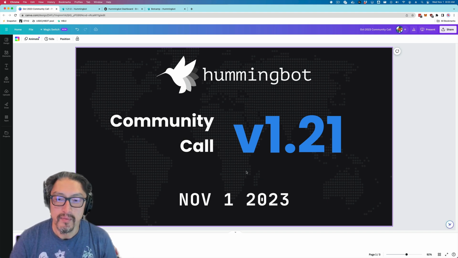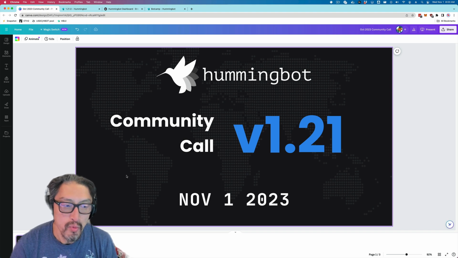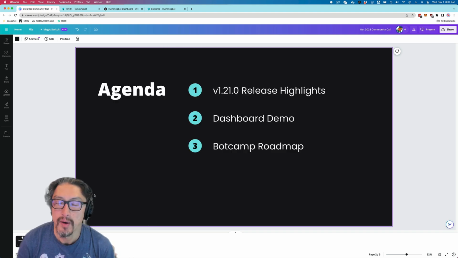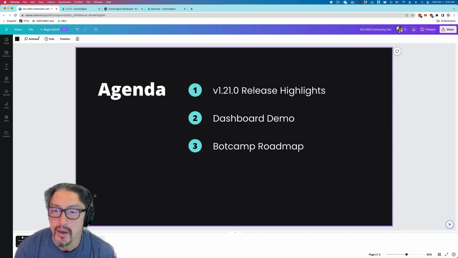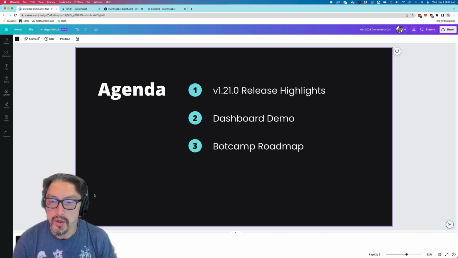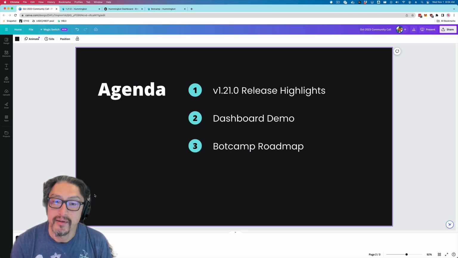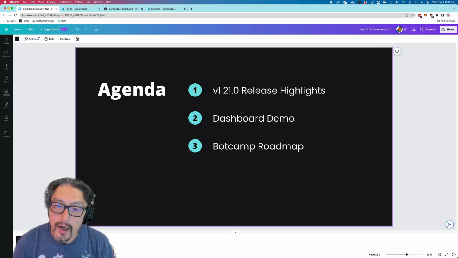We recap the latest features in version 1.21. So the agenda for this month, we'll go over the release highlights, talk about what's new in this release. Because we've been working on Dashboard, which is a new application layer for Hummingbot and allows you to run these new V2 strategies, I thought I would take some time and instead of just telling you about the new features, demo some of the new authentication feature as well as the new backtesting feature that allows you to optimize